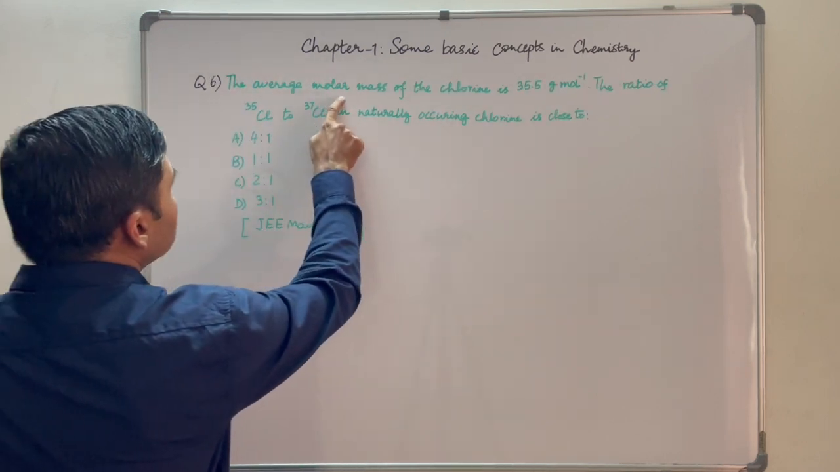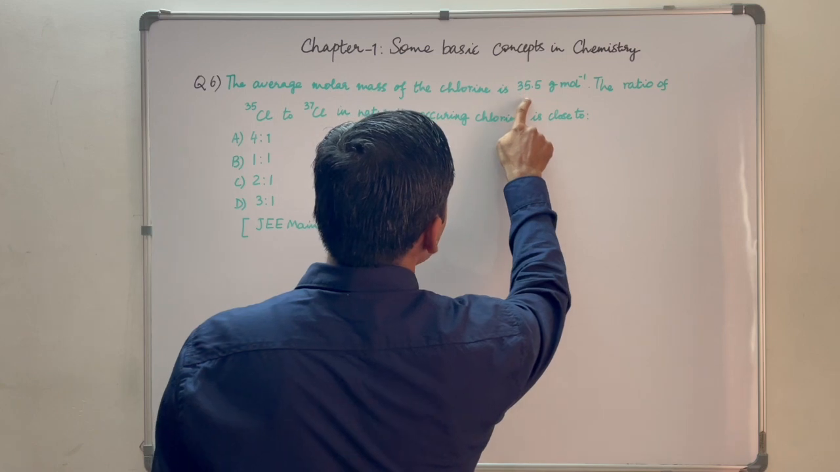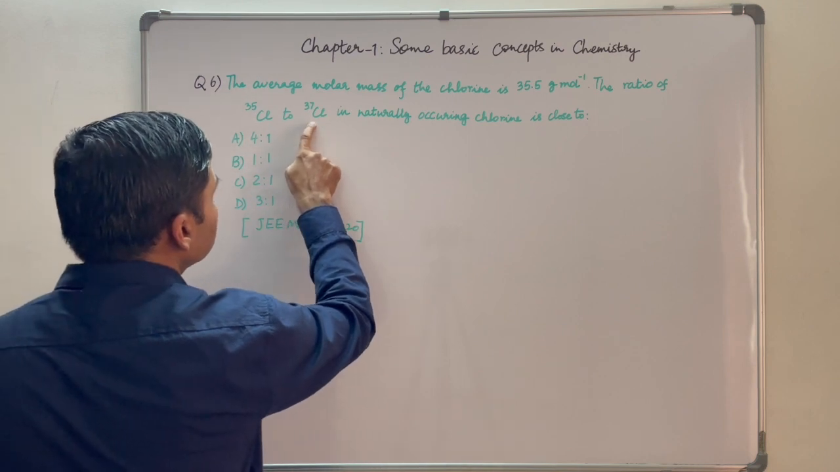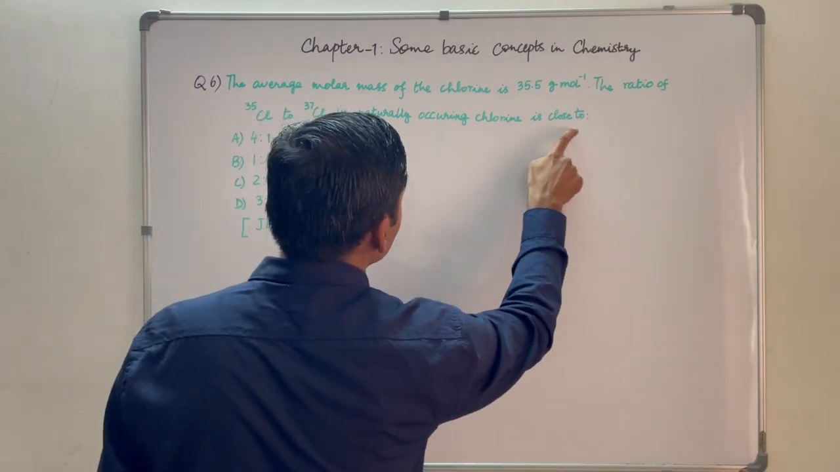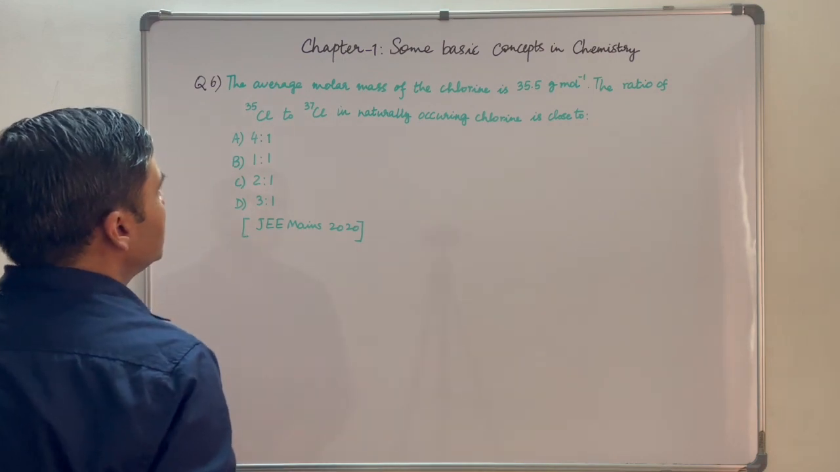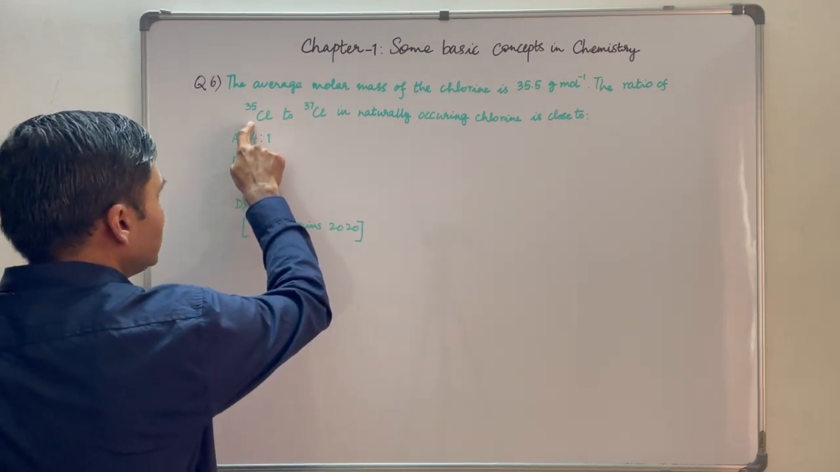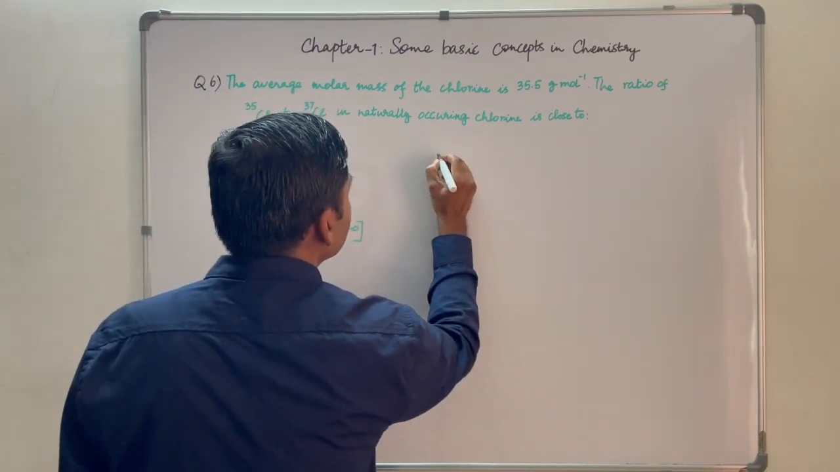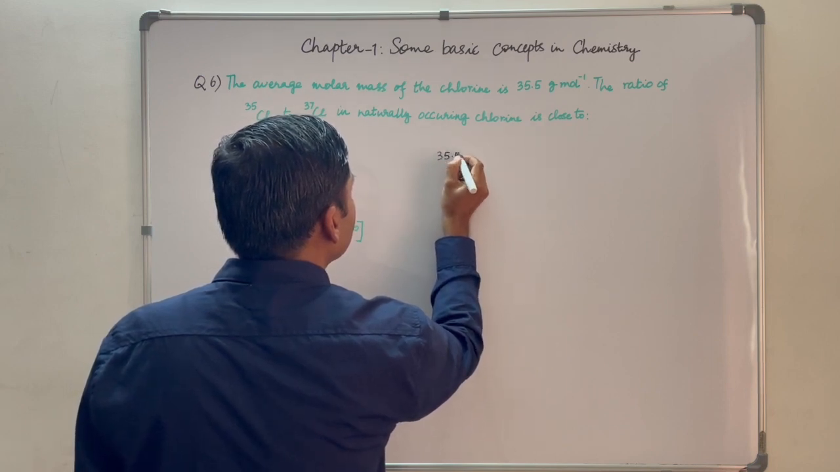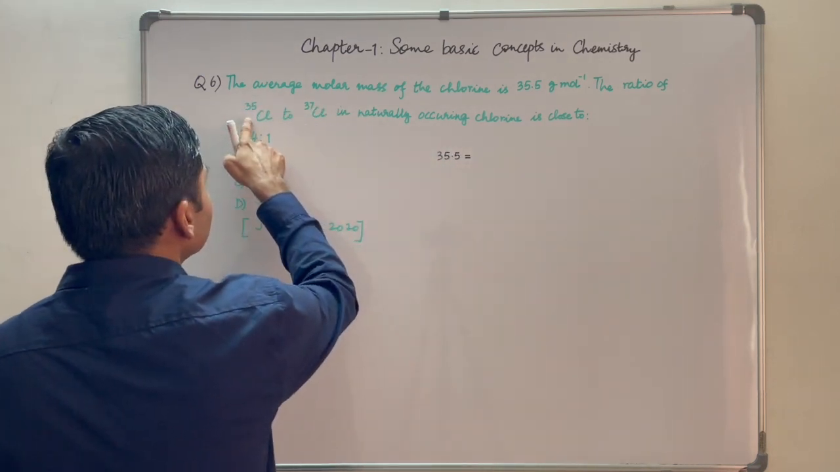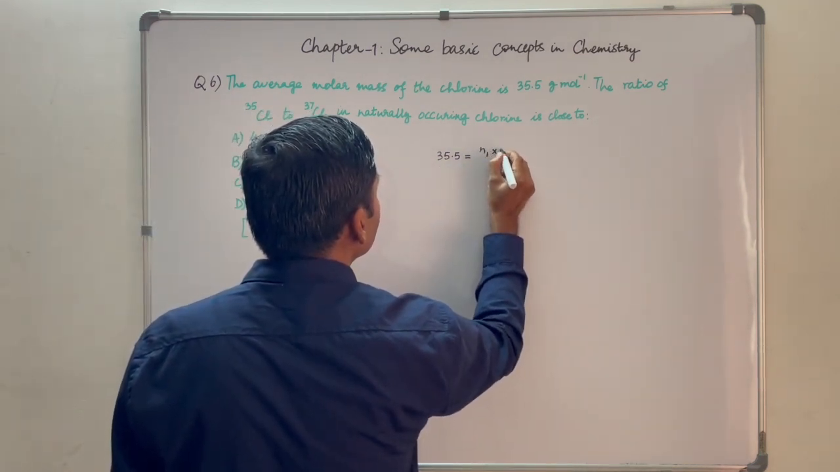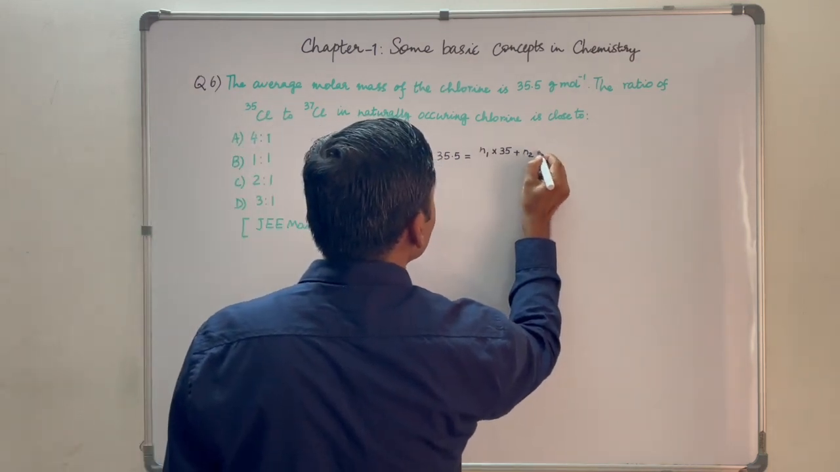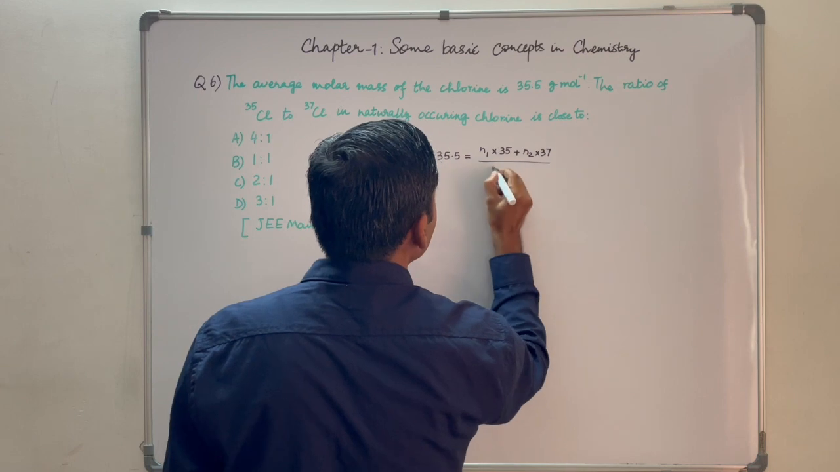Sixth question: the average molar mass of chlorine is 35.5 gram per mole. The ratio of 35Cl to 37Cl in naturally occurring chlorine is close to. These are the options given. Suppose there are N1 moles of 35Cl and N2 moles of 37Cl. Then average molar mass will be given by 35.5 is equal to N1 moles of 35, means N1 into 35, plus N2 moles of 37Cl, means N2 into 37, divided by N1 plus